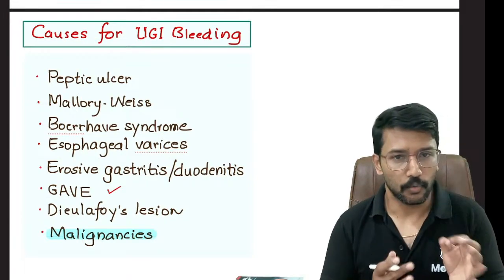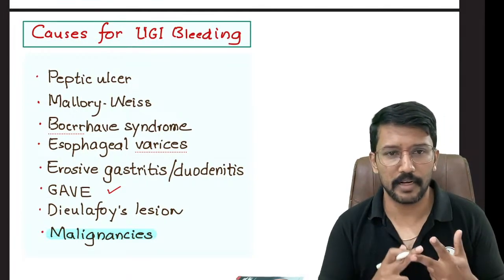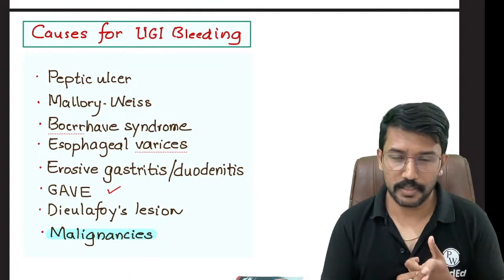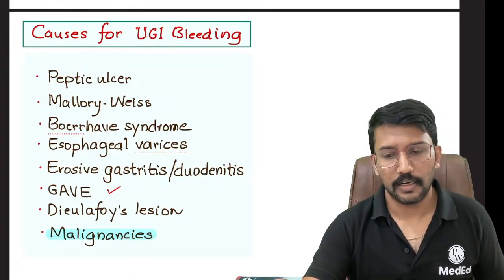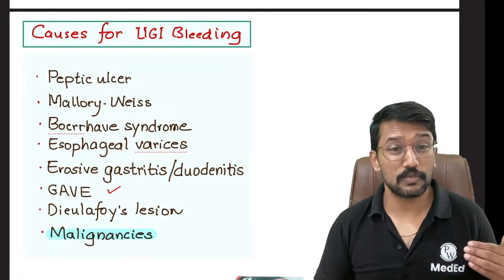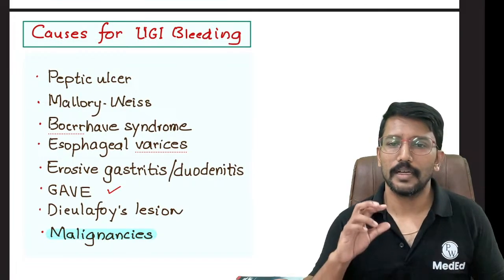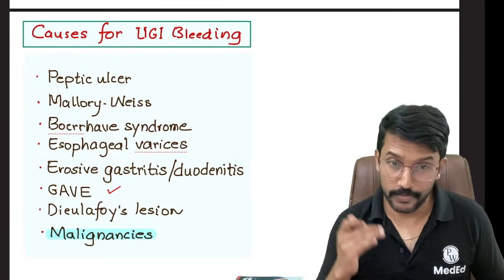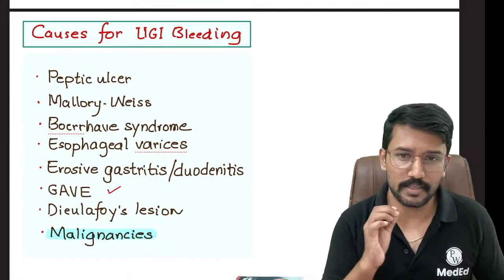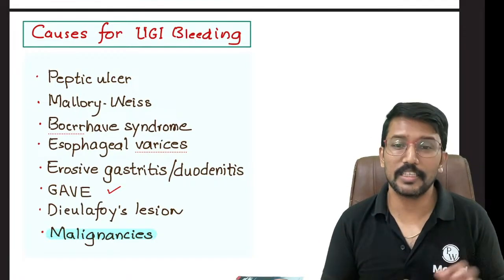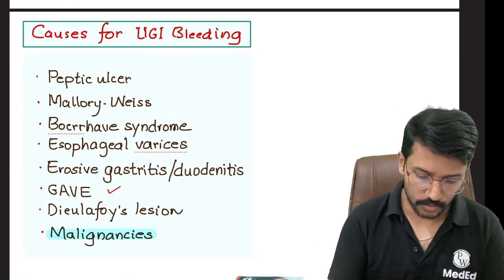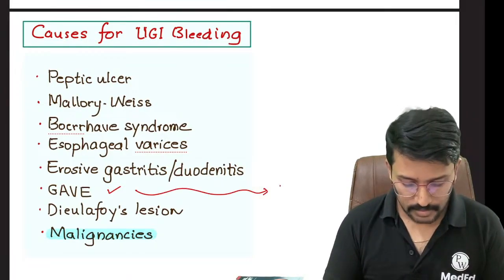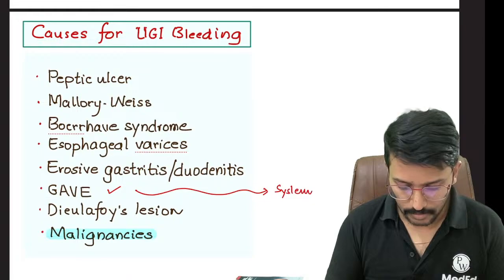Okay, so upper GI bleed causes: peptic ulcer, Mallory-Weiss tear, Boerhaave syndrome, esophageal varices, erosive gastritis, then gastric antral vascular ectasia, what you call watermelon stomach, where you have some aberrant accessory blood vessels inside your gastric mucosa from which you can bleed. We call it gastric antral vascular ectasia. It is typically associated with a rheumatological disorder, it is often seen in patients with systemic sclerosis. It is associated with